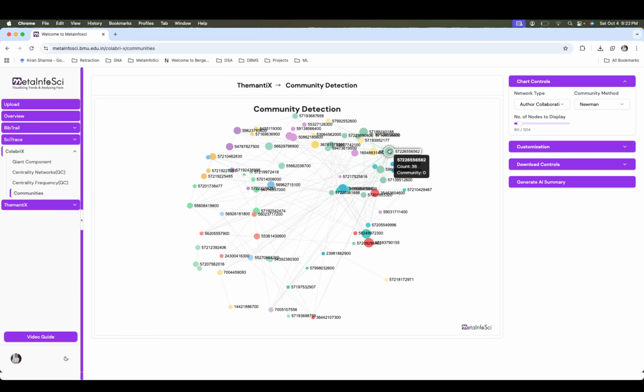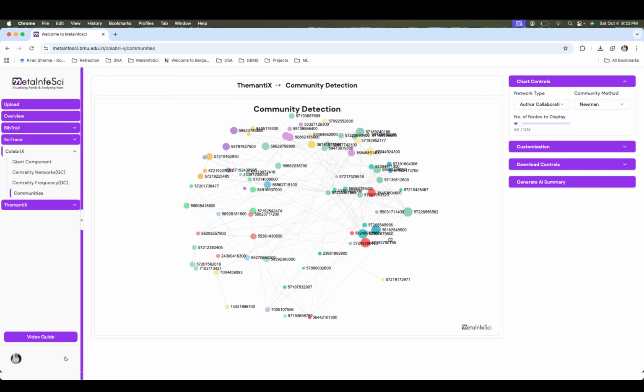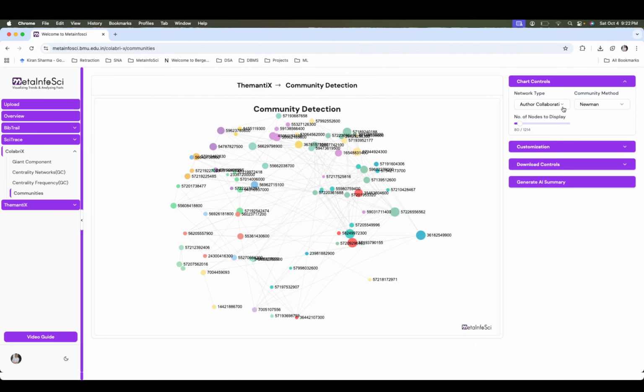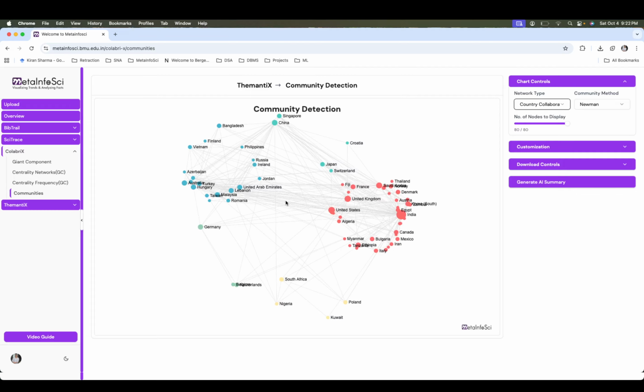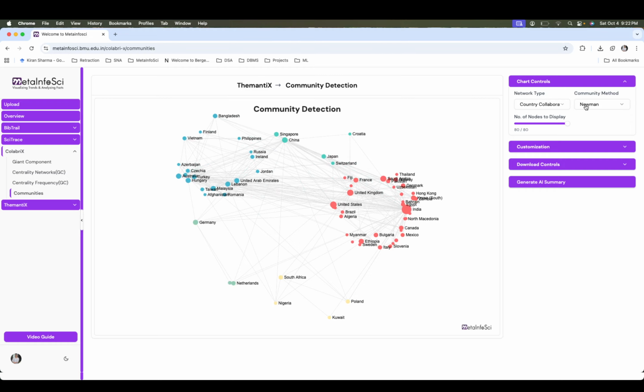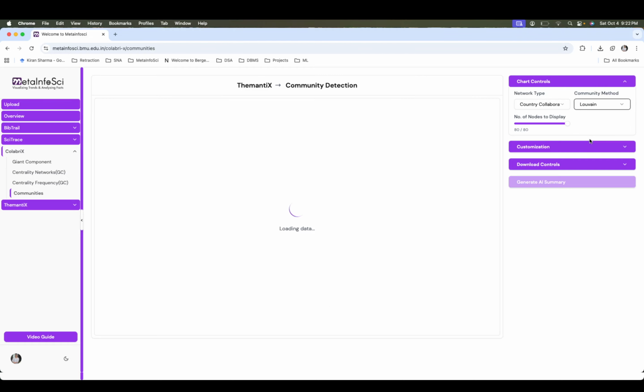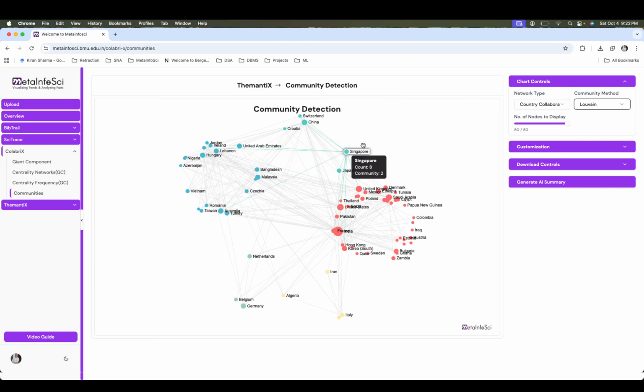As mentioned, you can drag and drop and reset your network layout. The same you can do with the authors' collaboration and the country. As you can see in the country, you can see clear community formation based on some measure, here Newman, and when you use a different method the whole layout will change. So you need to understand that.